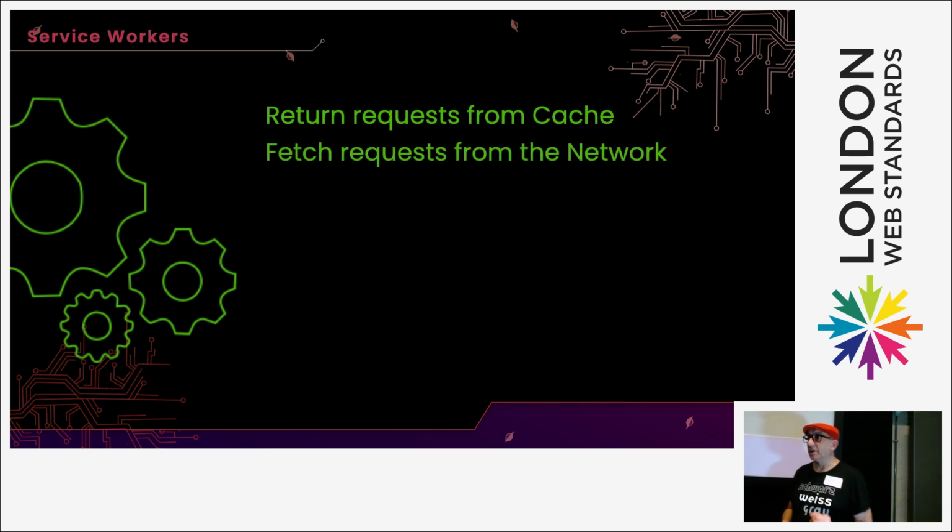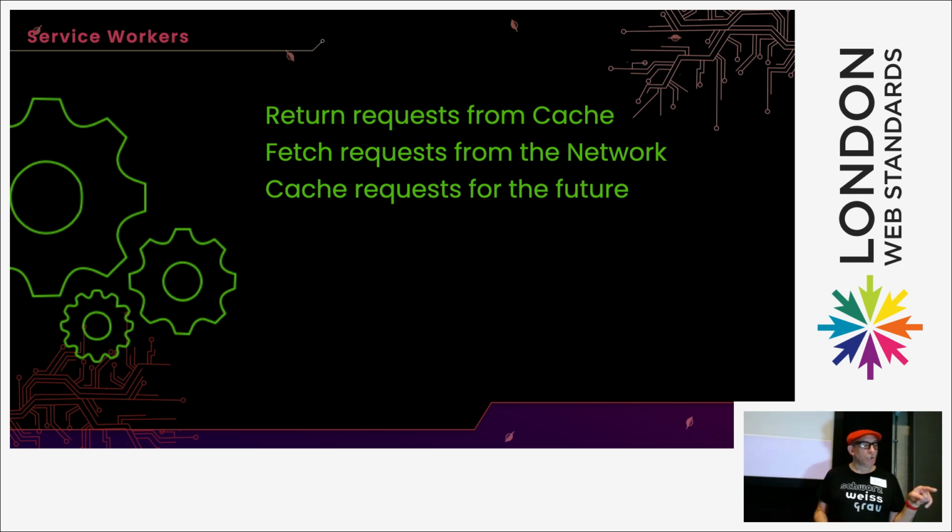We can tell the service worker to go to the network or to that server to go find some more things. We can tell it to cache things for the future. So I want this page called /Dave, haven't got that, go to the server. If I want this page called /Jonathan, been there before, I've got that, I'm just going to give it back to you straight away. So that means I don't have to go all the way to this side of the world, to the server, to get that, because it's on my computer already. That's what a service worker can do for us.